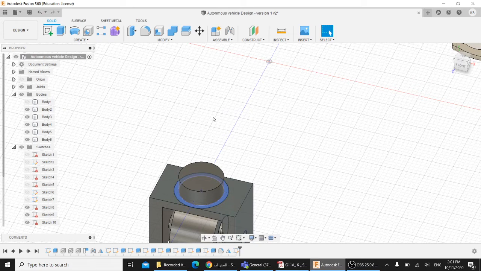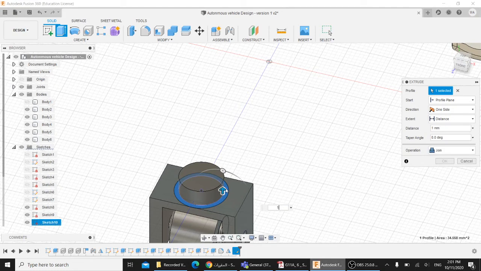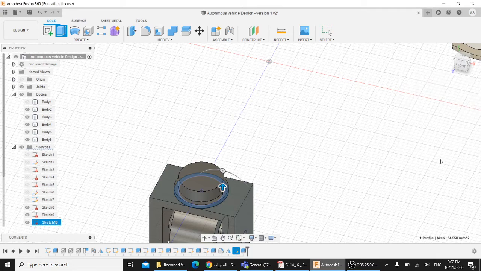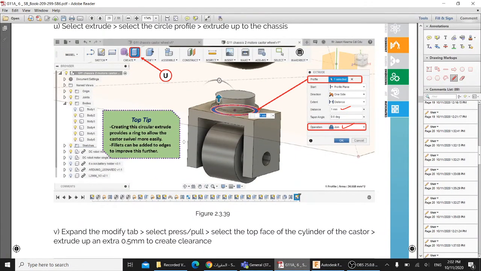Now this is my circle. I will choose extrude and my profile will be this one with 1 millimeter and keep it joined. Click on OK. Okay, creating this circle extrude, by the way, will provide a ring, as you could see, to allow the caster